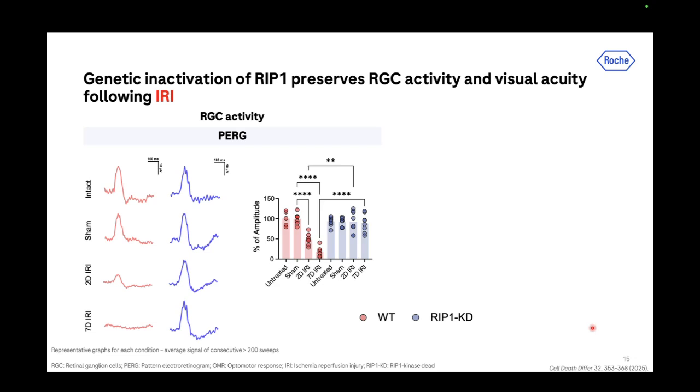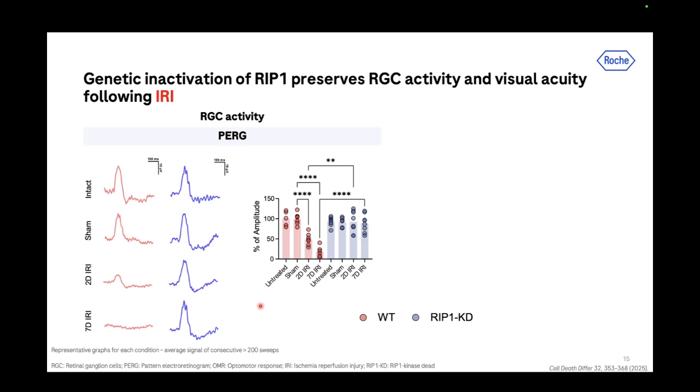Here we can see representative PERG waveforms in wild-type in red and RIP1 kinase-dead mice in blue across the conditions. After IRI damage, wild-type mice show a progressive drop in PERG amplitude, particularly at day 7. But in RIP1 kinase-dead mice, the signal remains intact. The graph quantification of the amplitude shows that RIP1 kinase-dead mice retain a significantly higher PERG response after injury,